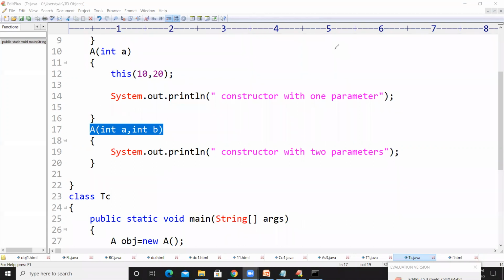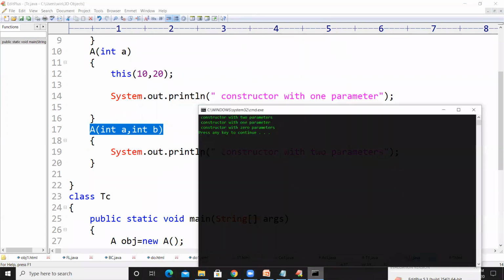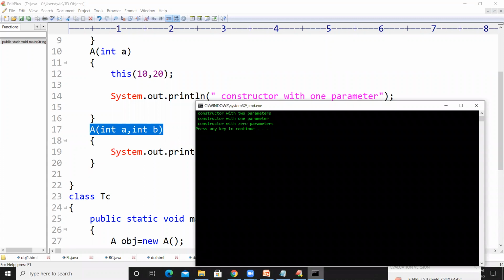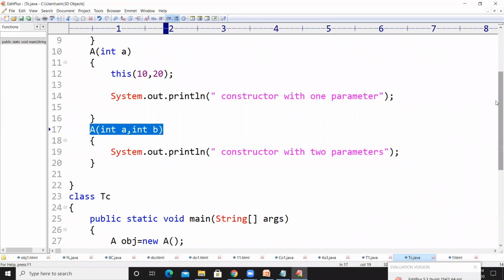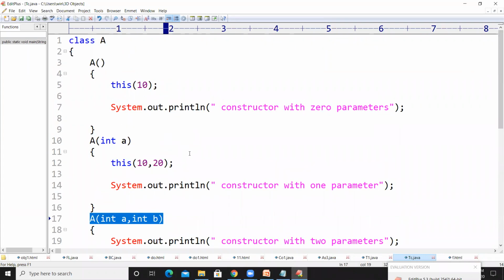That's why we got the output constructor with 2 parameters as the first line, constructor with 1 parameter as the second line, and constructor with 0 parameters as the third line. So in order to access the same class constructor, we use the this keyword.